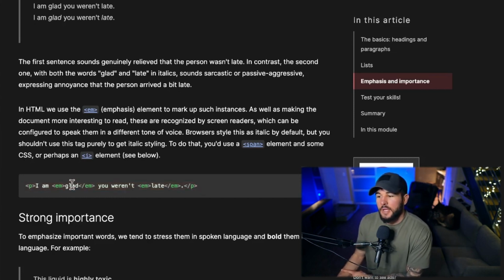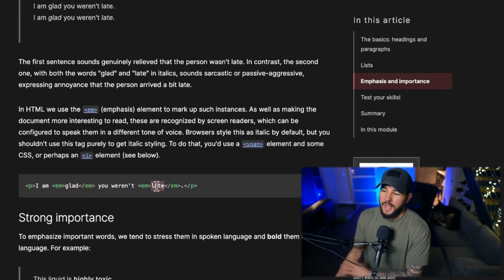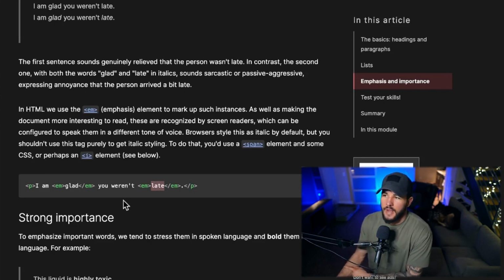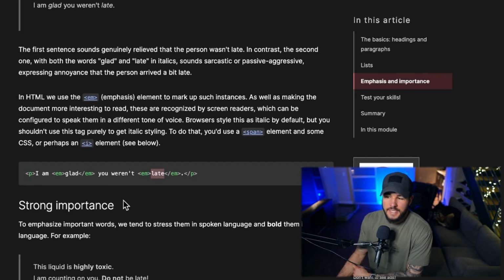But wrapping around glad and late, we would wrap that with an EM element, an opening EM tag and a closing EM tag before glad, and the same thing before late. And this will add that emphasis around glad and late. And as I mentioned, this is important for screen readers, and it will also provide a default style of italic